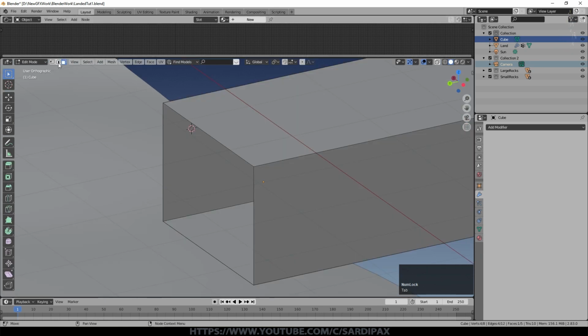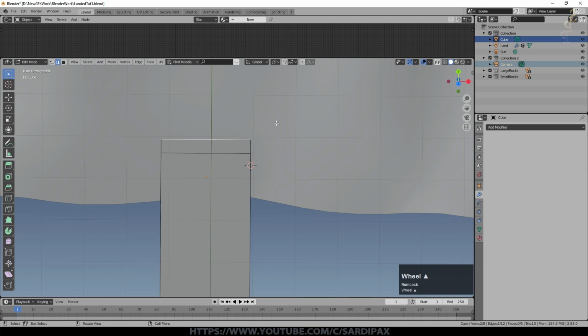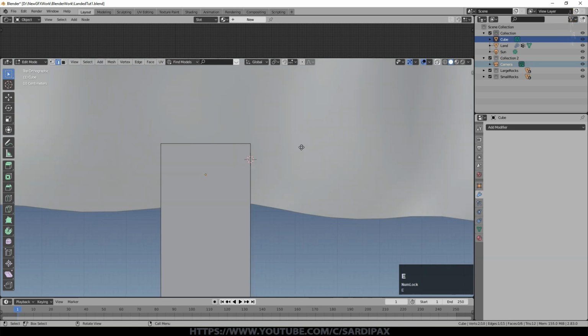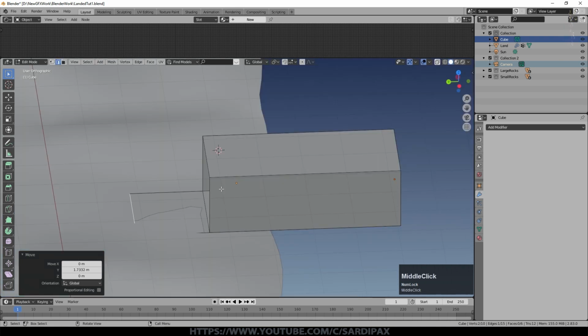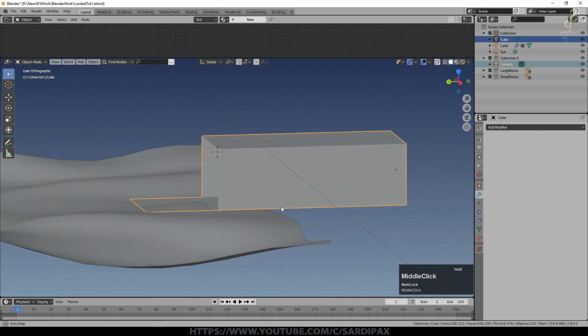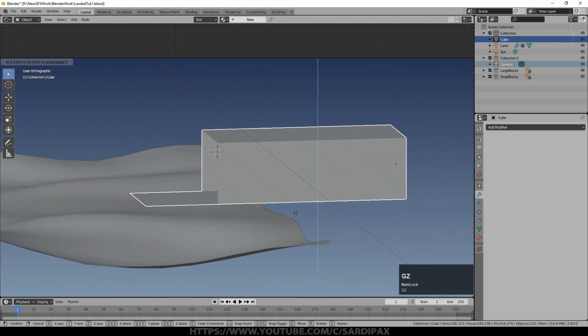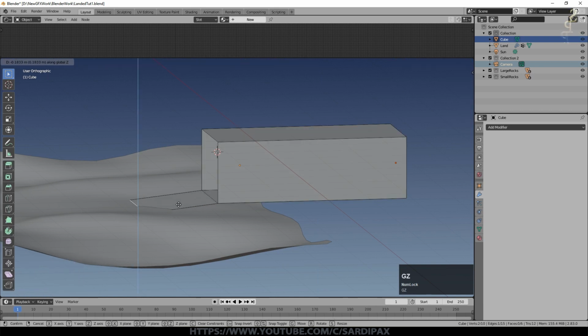So I'm not going to go into a lot of detail of modeling, but I will cover what you really need. So I've got that edge selected. I'm going to press E and then Escape and G Y just to extend a panel forward like that. So I now have an idea of how far I want that panel to be. So I just need to bring that up slightly so I can now put a slope on that panel.